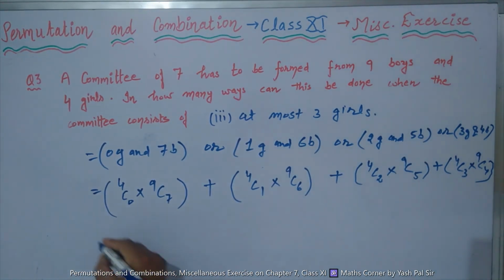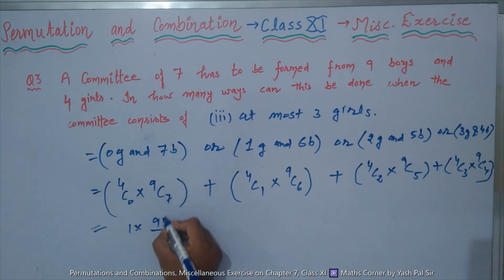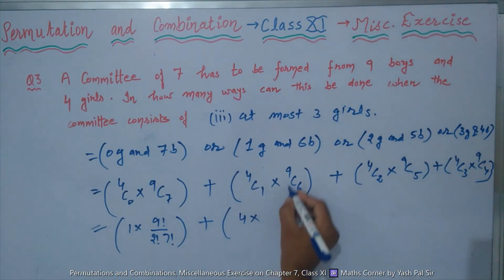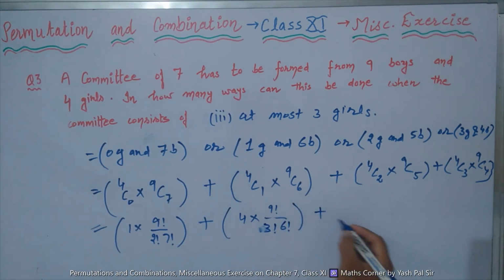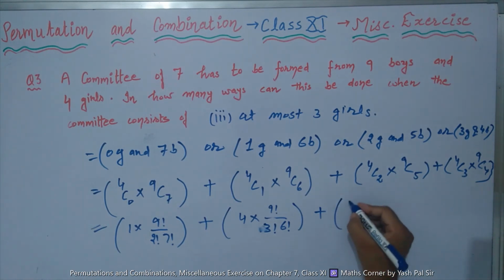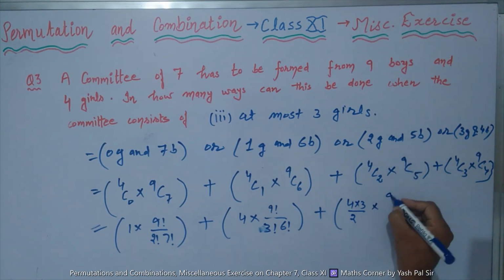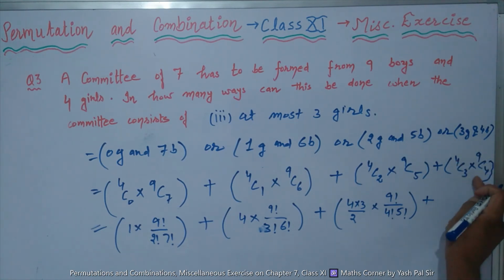Right? Now here 4C0 mean 1 into 9C7 mean 9 factorial upon 9 minus 7, 2 factorial into 7 factorial, plus 4C1 mean 4 into 9C6 mean 9 factorial divide 9 minus 6, 3 factorial into 6 factorial, plus 4C2 mean 4 into 3 upon 2 factorial into 9C5 mean 9 factorial upon 9 minus 5, 4 factorial into 5 factorial, plus this is already discussed, the result is